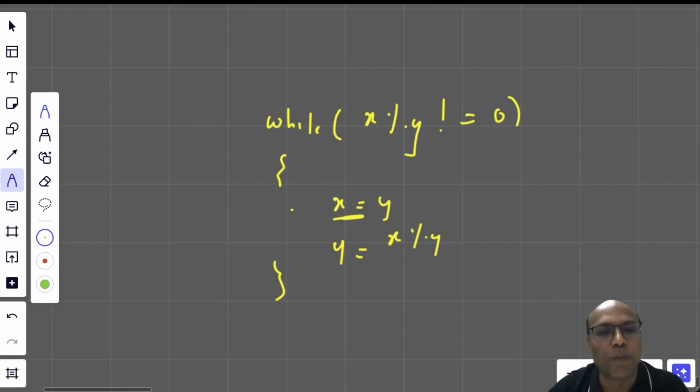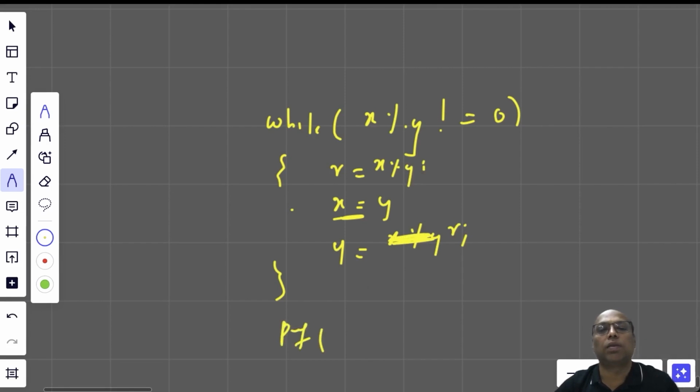Therefore, before you do this, find the remainder, and then assign y to r, and repeat. Then printf y is the GCD. Got it? I hope you understood. If you have not understood, if you are struggling with any problem, what you can do is